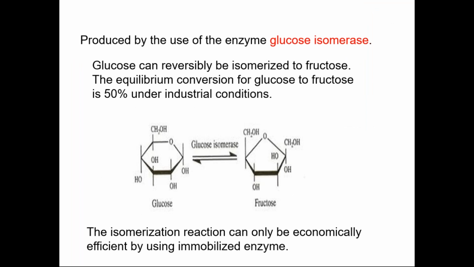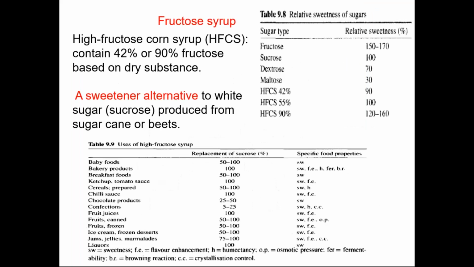High fructose syrup is very economical, and it is used in a large number of food industries. The reason being that fructose has a relative sweetness of 150 compared to sucrose, whereas the high fructose syrups have a relative sweetness which is almost the same as that of sucrose. High fructose corn syrup of 42% is 90% as sweet as sucrose, and high fructose corn syrup with 55% is the same as that of sucrose. And high fructose corn syrup with 90% fructose is 120 to 160 times the